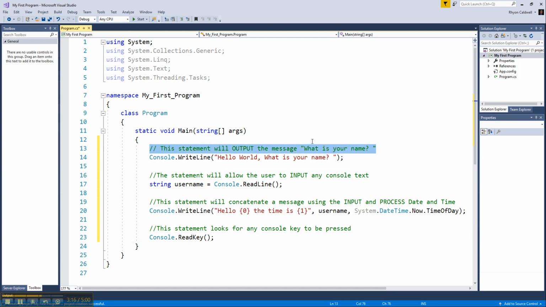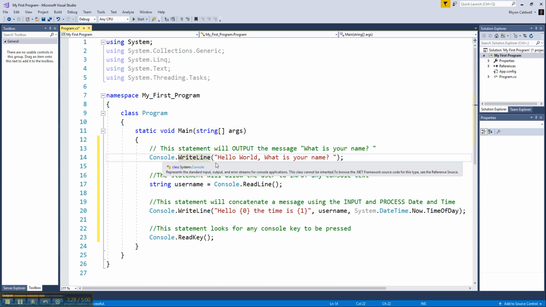The green lines right here indicate documentation. So // will document out everything on that one particular line right here. So it says the statement will output the message, what is your name? Actually it'll say hello world, what is your name? But basically it's going to write an output statement to the console or command line interface that has this information on here. And then from there, it's going to go down and say,